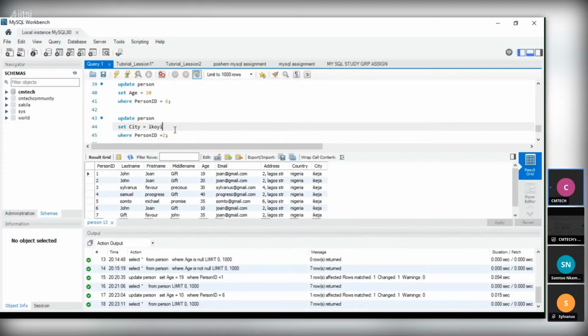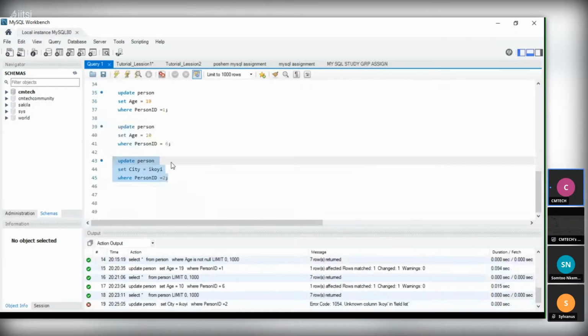Good. Now, this is how we update a database. You see the column is not updated. Tell me why it's not updated.